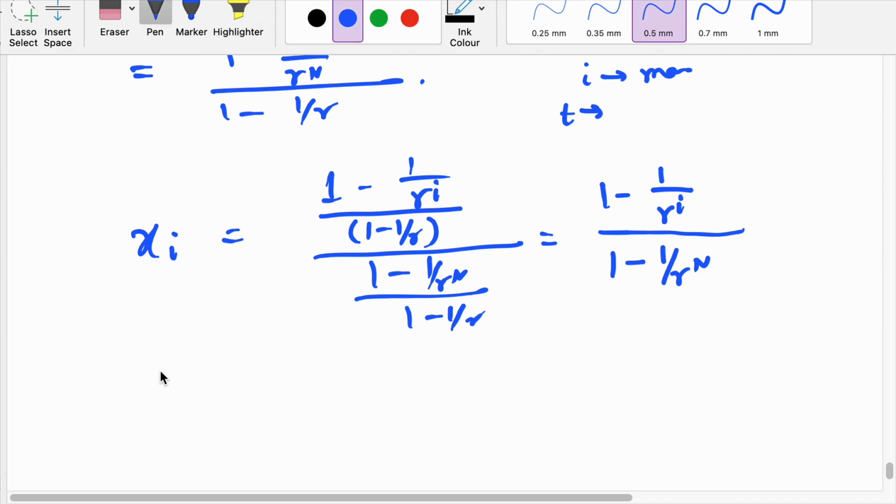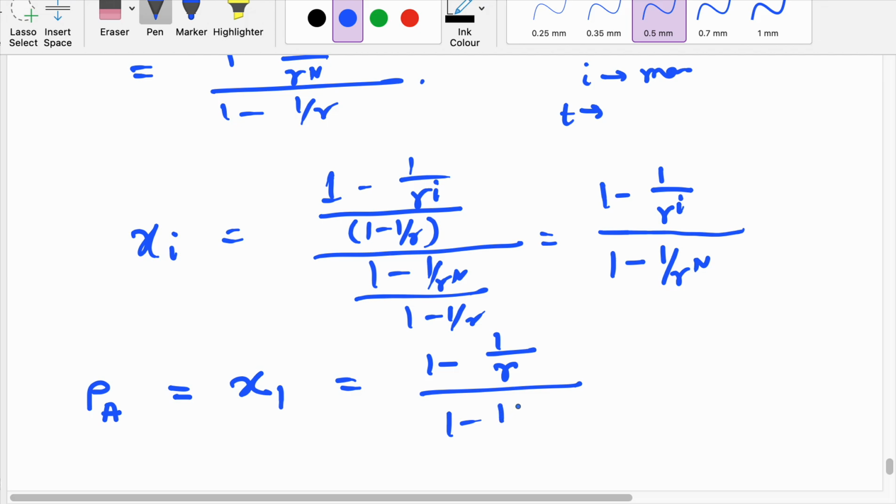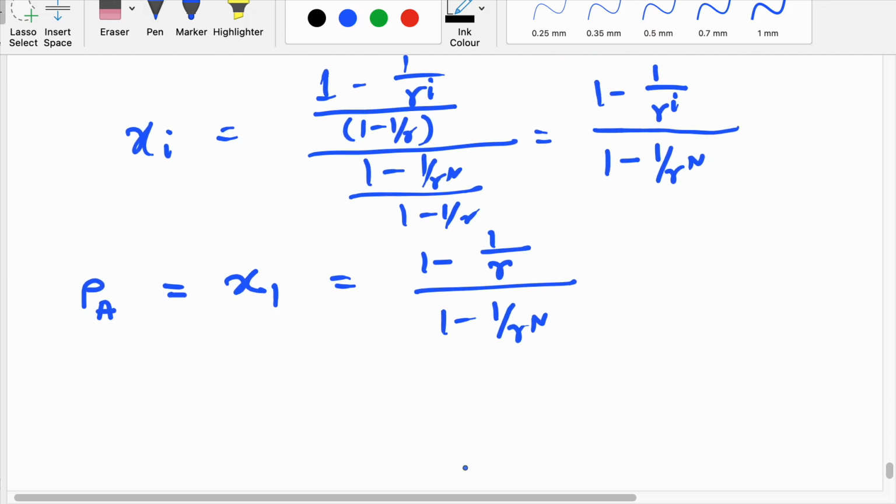Now what is the fixation probability? If only one a type individual is there, what is the probability that this one a type individual will take over the whole population? That means i equal to 1. So from one individual, what is the probability that it will take over the whole population? That probability is (1 minus r) by (1 minus r^n). Now similarly we can calculate what is the probability that a b type individual will fix, that is, from one b type individual, what is the probability that it will take over the